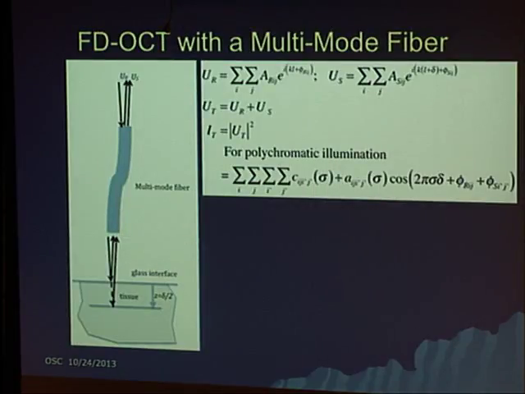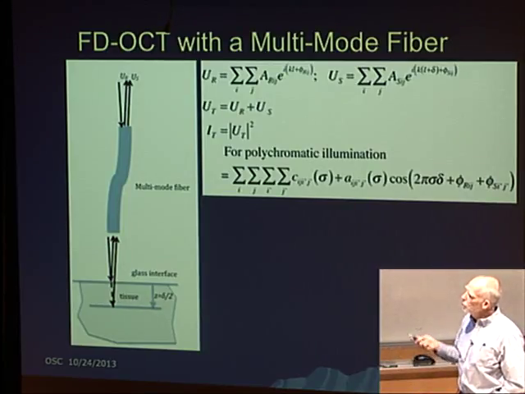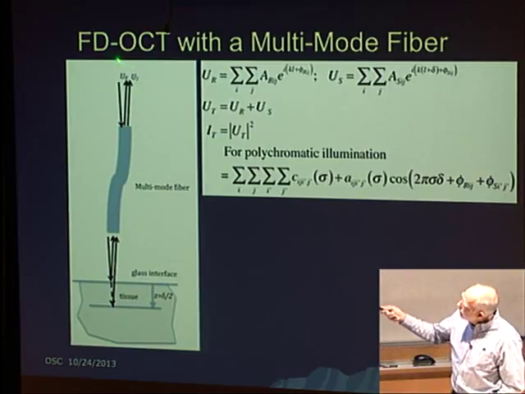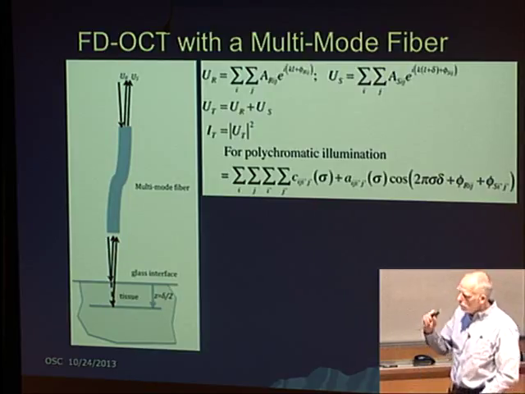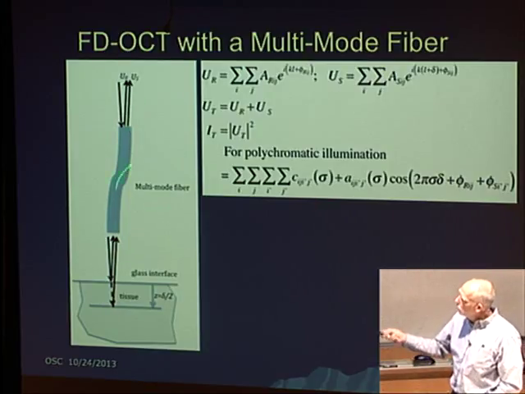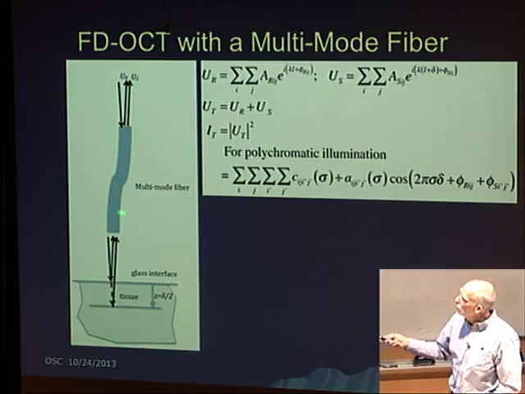So what's going on? Matt Reese and one of our former students, Hussein Makhlouf, have looked at this quite extensively: why doesn't this FD-OCT system using a fiber bundle work as well as we expected? The situation is that you now have a multi-mode fiber. Each of the individual cores in a fiber bundle supports multiple modes, not just one. It's not a single mode fiber. So you have illumination coming in, and it's going to produce multiple waves coming out, multiple modes of the field.